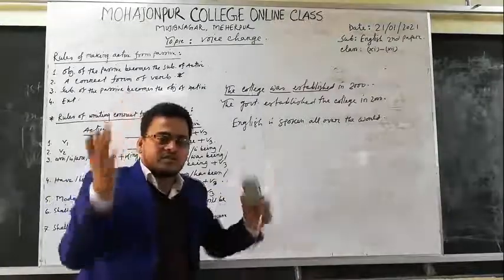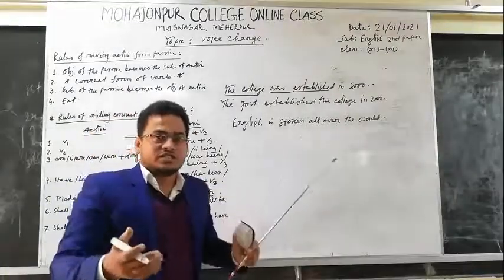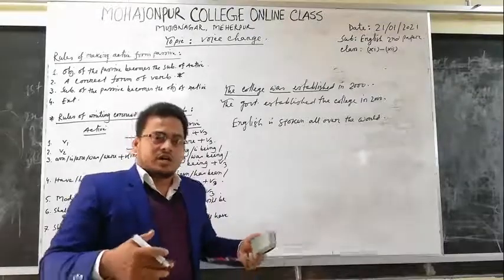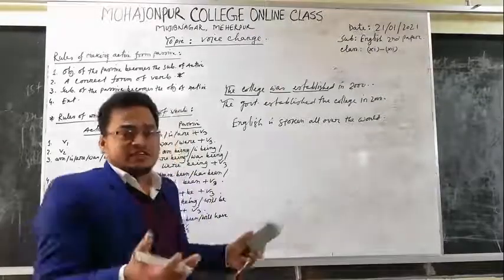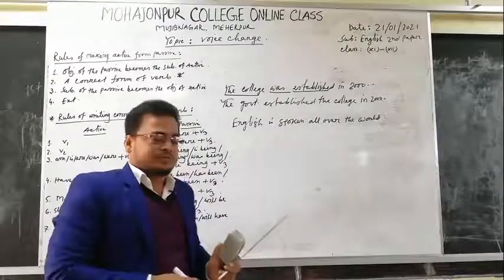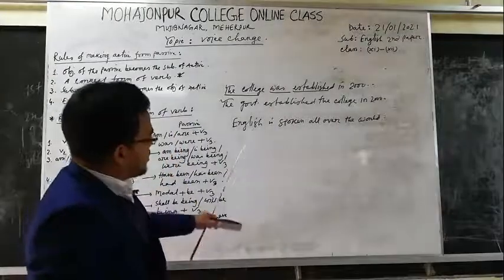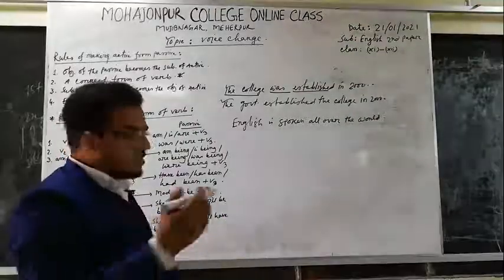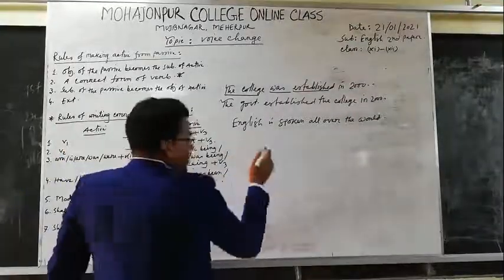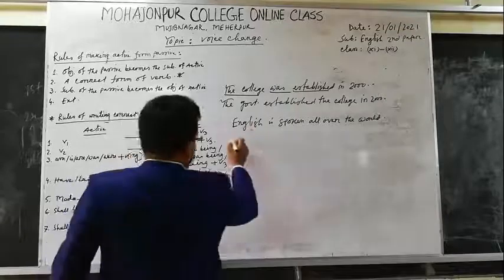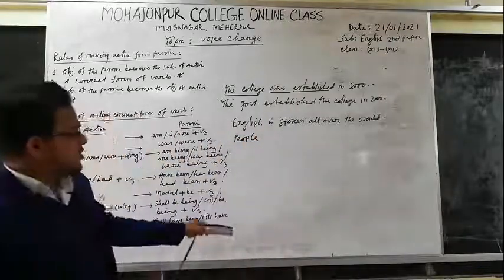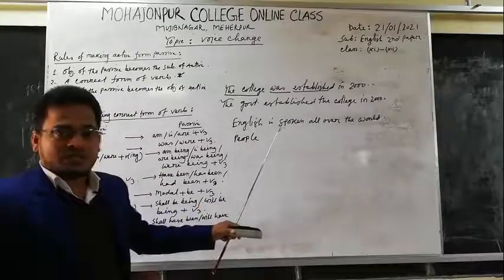Actually, people all over the world speak English, use English for communication or for exchanging their views with others. So we can use either people or we here. We can write people. Actually, people use English all over the world.